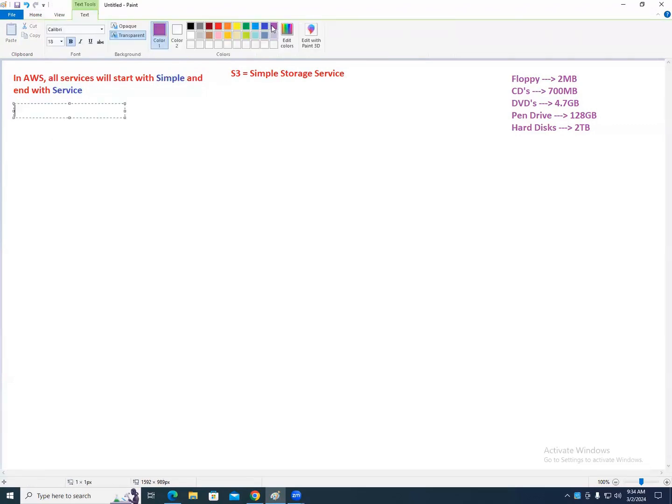For example, SNS. What is the full form of SNS? Simple Notification Service. Like this, what is the full form of SES? Simple Email Service. You should be able to answer it like this.